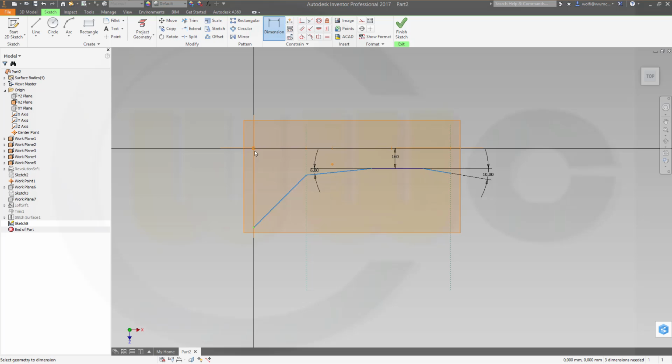That distance is 240. And that distance, nope. That distance is